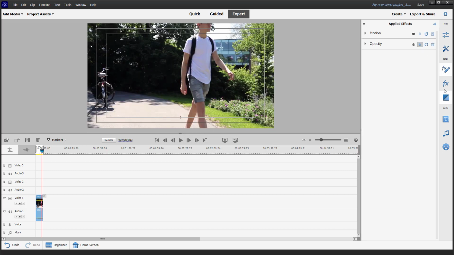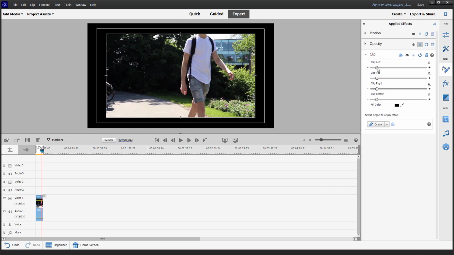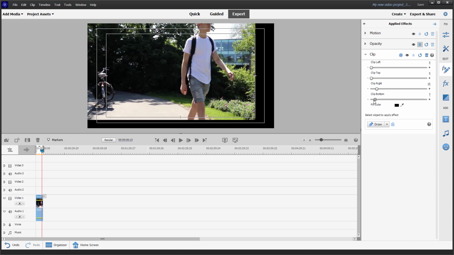Let me just delete it, and then go to effects right here just like this. And apart from that, you can see that clip is an option as well. So if I were to go for a clip right here, then you can see that I'm simply cropping everything out. So you can clip it to the top right here just like this, and you can clip it to the right, as you can see right here just like this,